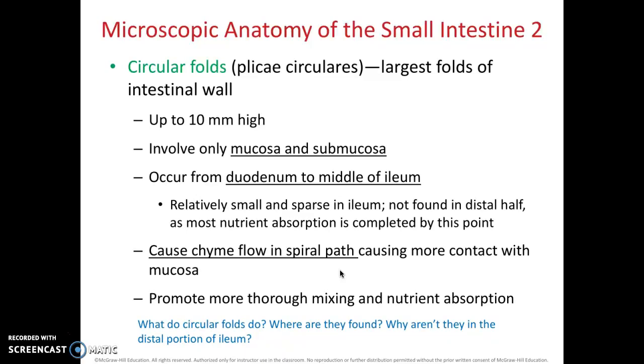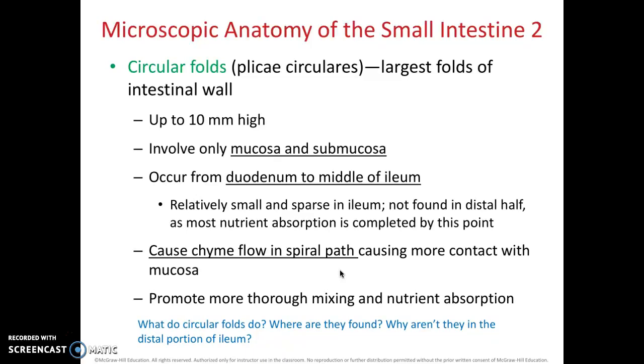So circular folds are the largest folds of the intestinal wall and involve just the mucosa and the submucosa. These occur from the duodenum to the middle of the ileum, but not the furthest part of the ileum, because it doesn't really matter at the far part of the ileum since pretty much everything should already be absorbed or digested. So these circular folds cause chyme to flow in a spiral path